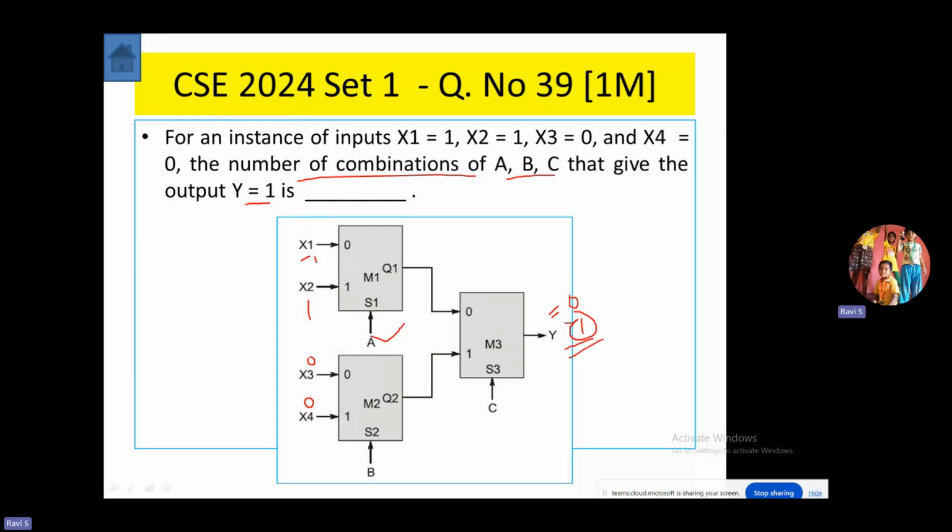In order to solve this problem, because our select inputs A, B, and C are 3 variables, they can produce 2 power 3, 8 possible combinations. That means A, B, C may be 0, 0, 0, then it may be 0, 0, 1. So let us apply these 8 combinations one after the other, and we evaluate the output value. For what combinations output is 0, and for what combinations output is 1, then we can solve